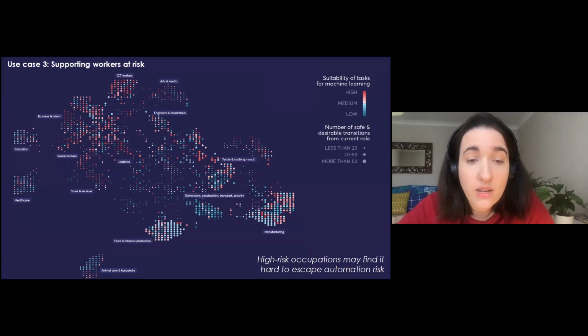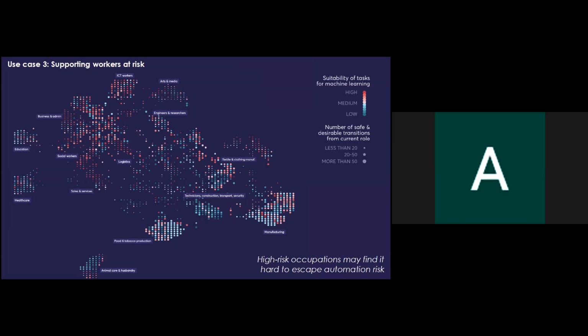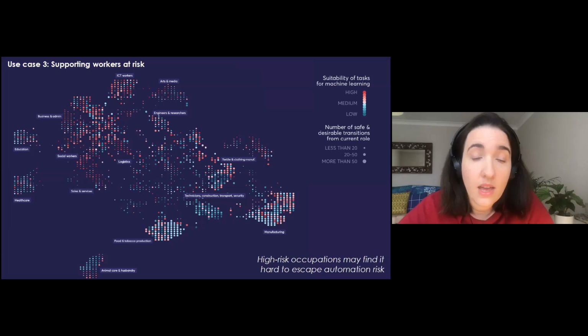So over the next year, we're looking to trial the algorithm and existing tools. We're keen to work with others to run experiments and to test whether providing this information does actually change people's search behaviour and cause them to look in new types of jobs or new types of upskilling.